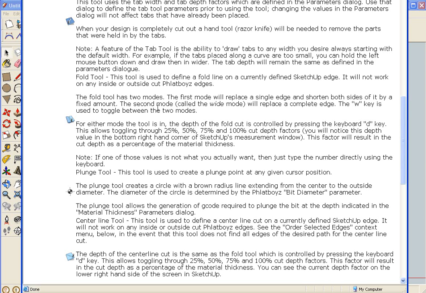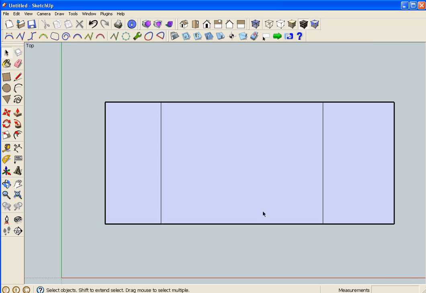And there's also a mode here where it gets rid of the tips of the lines. The only reason I can think of using this, I'll show you later, is that it messes up the outside cut tool if you have a line that's touching your outline. And you can switch with the W key. Okay, so the fold tool,